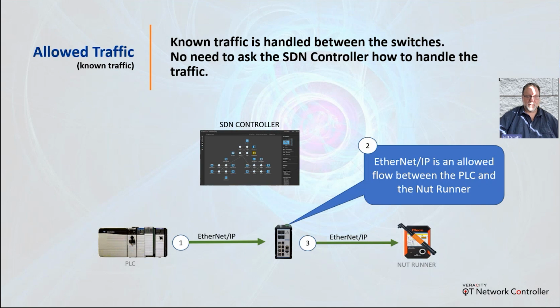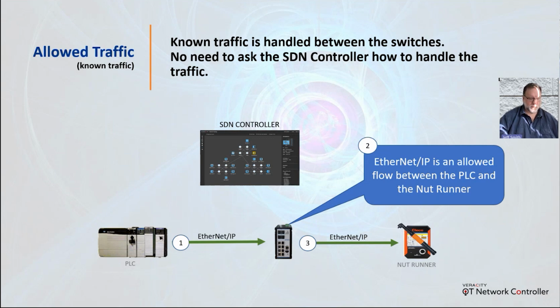So the packet shows up at the switch. The switch says, I already know what to do with this. I've been told these two guys can talk over Ethernet IP. And the two, NetRunner and the PLC, commence to communicating. Okay. Now, the very first time that happens, you'll see a log message. So you'll get a nice detailed audit trail of what's happened to that device, when it started talking, what protocols